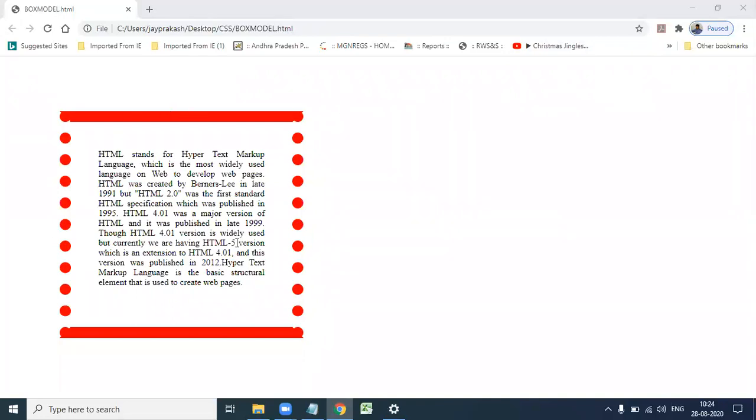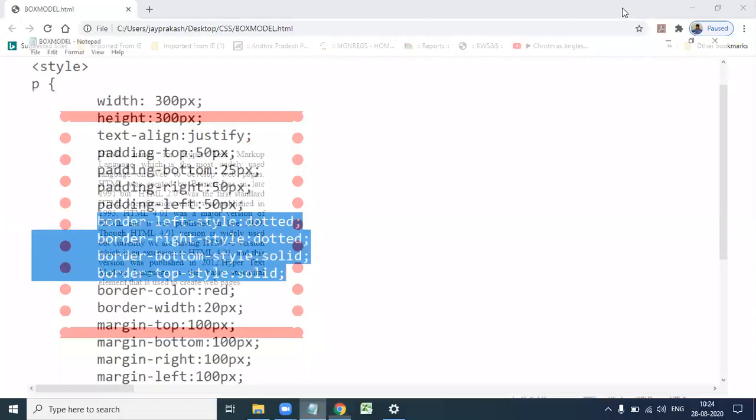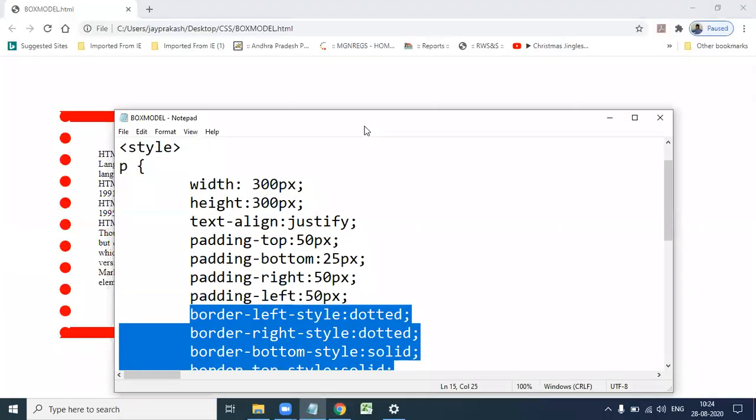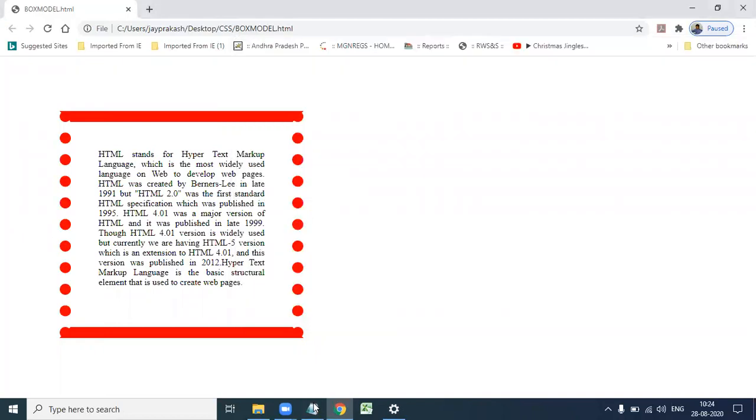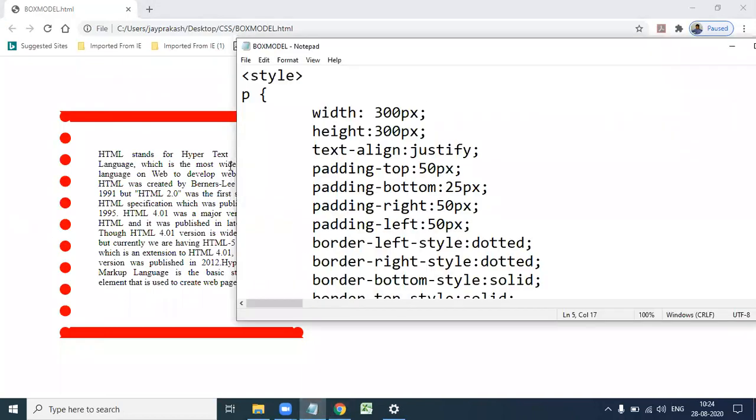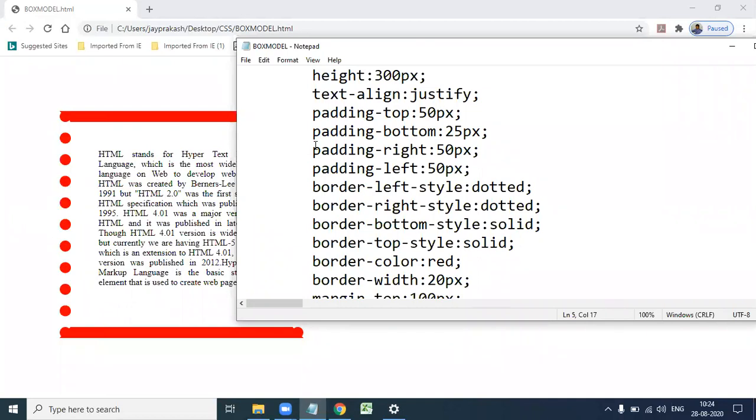See here, the width and height of the content is 300 pixels, and the text alignment is justify. Next, padding means the area around the content.